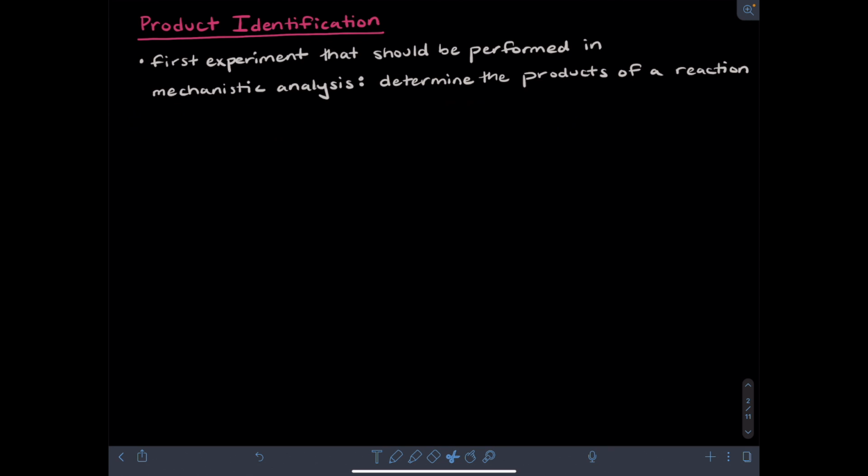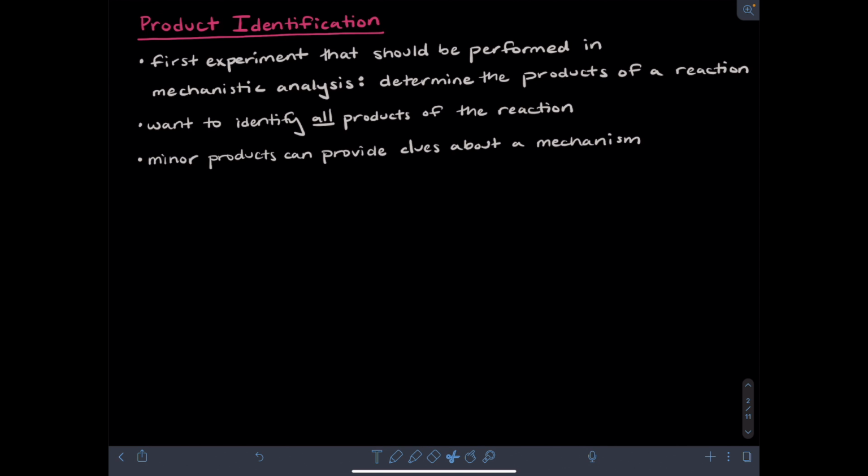The very first thing an organic chemist should do when trying to understand a reaction mechanism is make sure they have identified all of the products. This sounds straightforward, but it is overlooked surprisingly often. If you can, it's important to identify all of the products of the reaction, including the minor ones. The identity of minor products can provide clues as to what the mechanism of the reaction is,